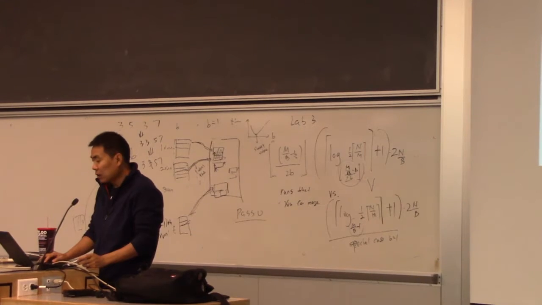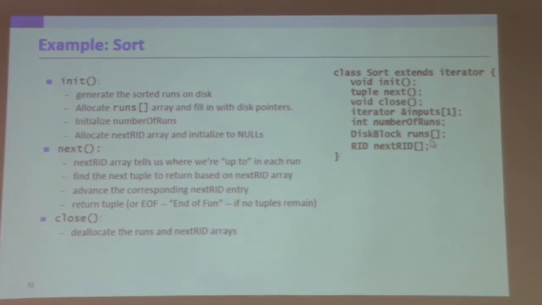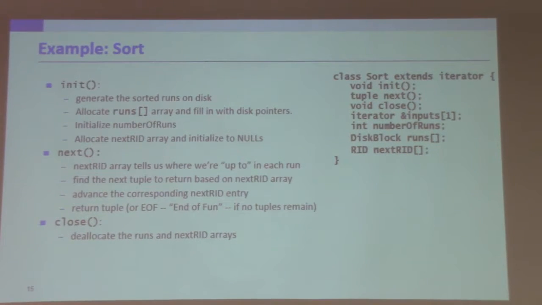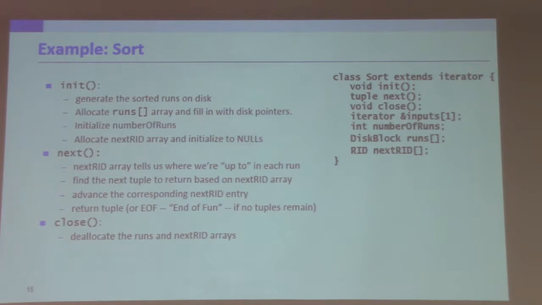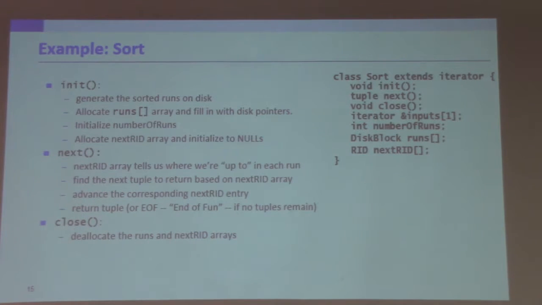And these runs hold the merged runs from each pass. And the number of runs, obviously, is updated every pass. It's reduced by a factor of either this or this, depending on what you're using. Okay, so that's essentially how you implement this